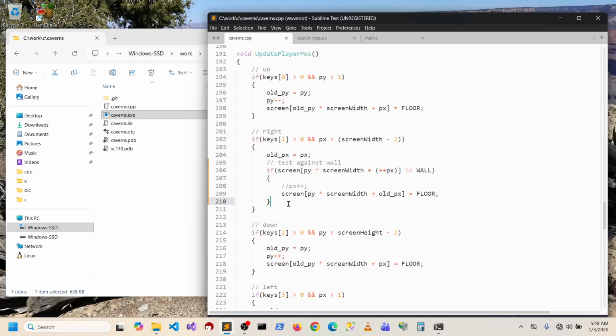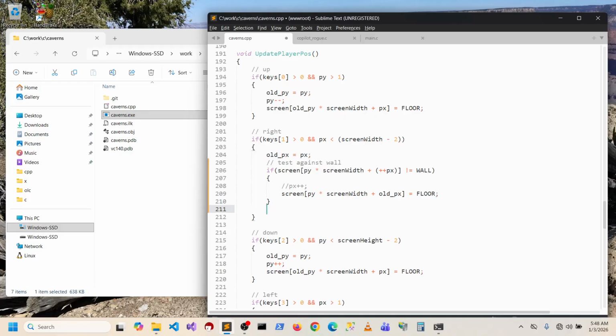Dang, I was trying to avoid resetting a bunch of stuff, but